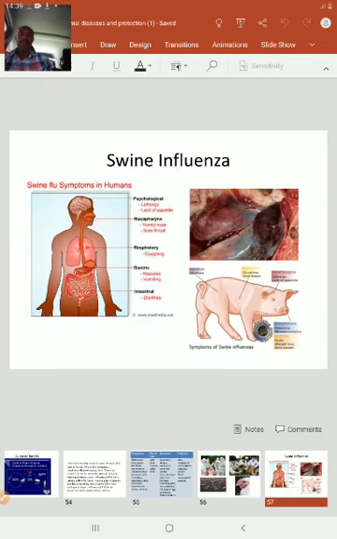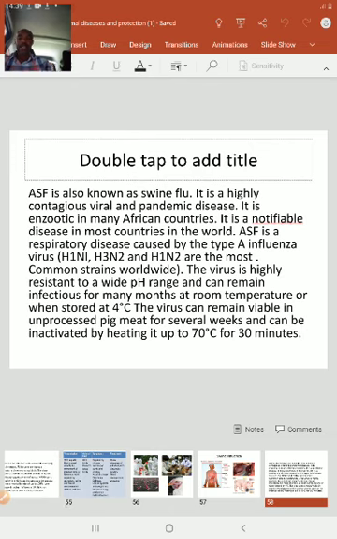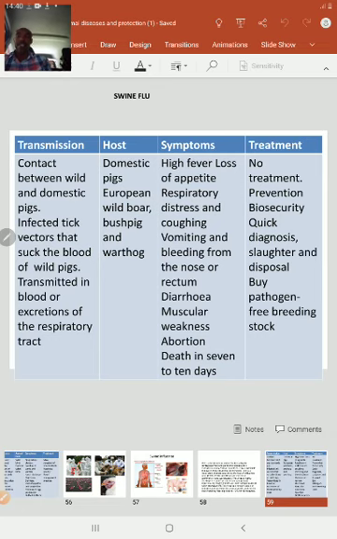Swine flu, the pigs. You can see swine flu is also a viral disease, and it is exotic in many African countries. That is endemic. Exotic and endemic mean the same thing, and it's also notifiable. We see the different types. So H1N1, it's also very, very fatal. It kills. So transmission, also all the pigs,